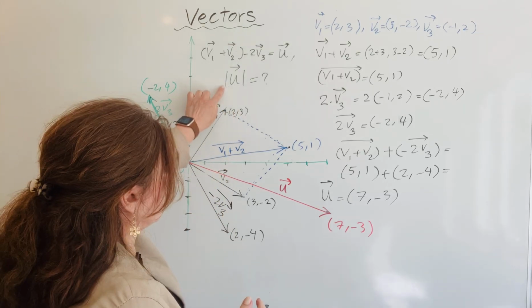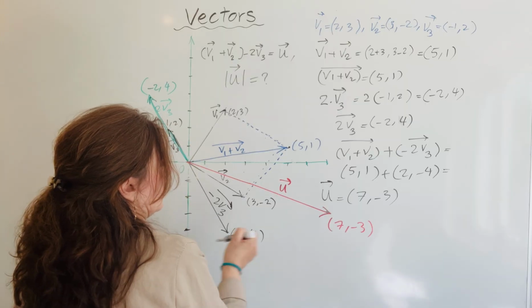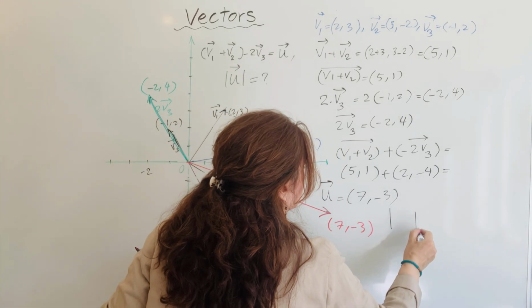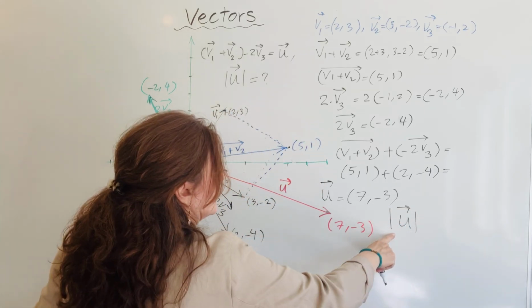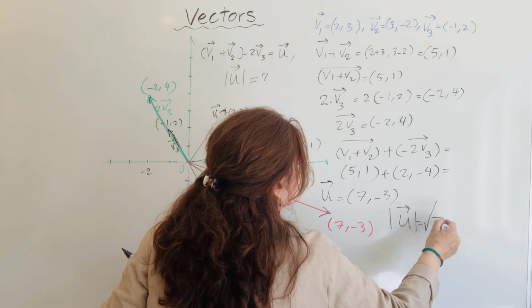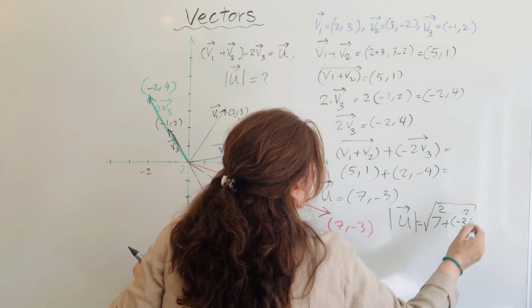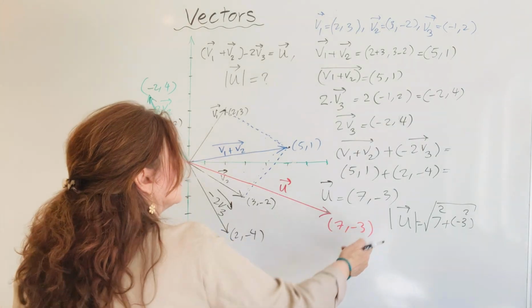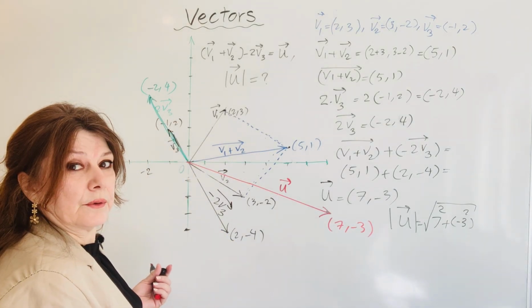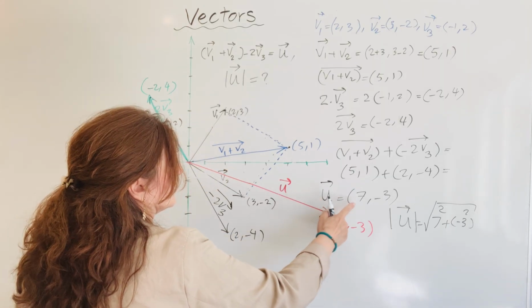What is the length of this? The length of U is the radical of 7 squared plus negative 3 squared. This is according to the Pythagorean theorem, because the result of this one,